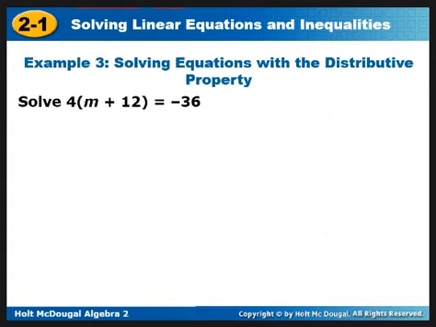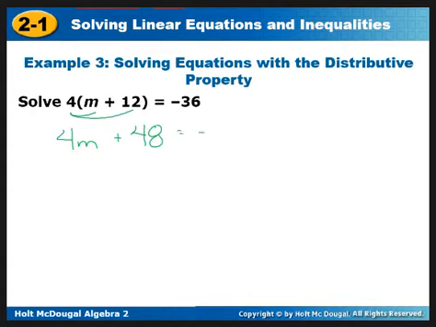This is a little bit more typical of what we're going to see today. You're going to be given an equation that involves one variable. Sometimes you'll see that variable written more than once. In this case, it's just there once. But we have to solve for it or come up with a solution set for that particular equation. In this case, there are two ways you could start. I'm going to go ahead and distribute. So I'm going to take the 4 times the m and the 12, which gives me 4m plus 48